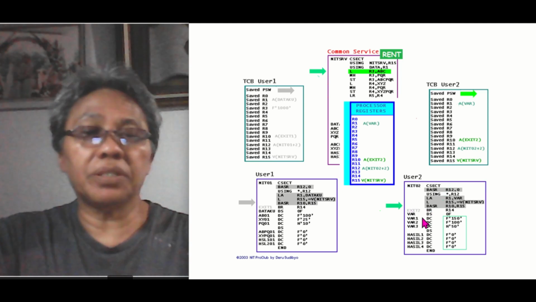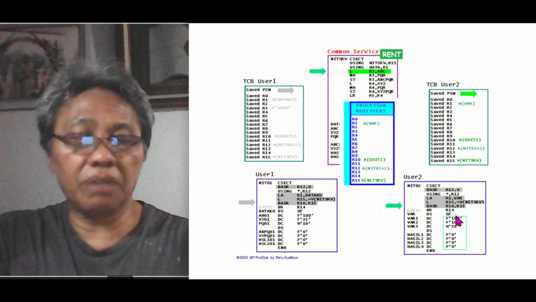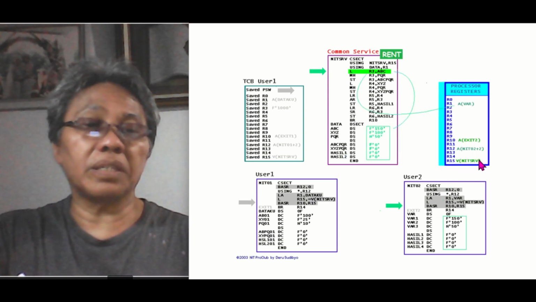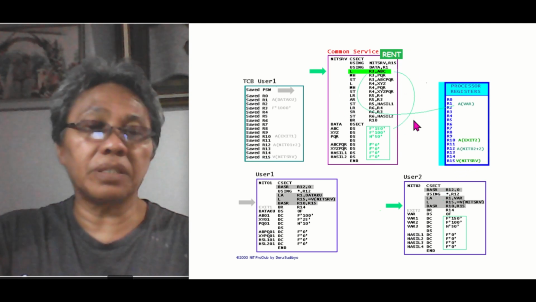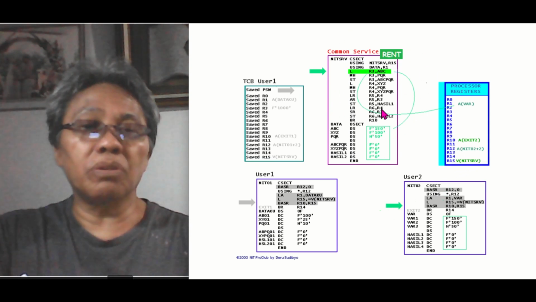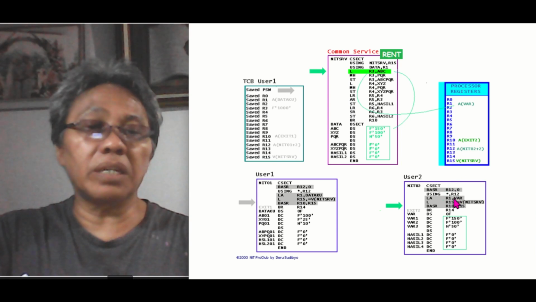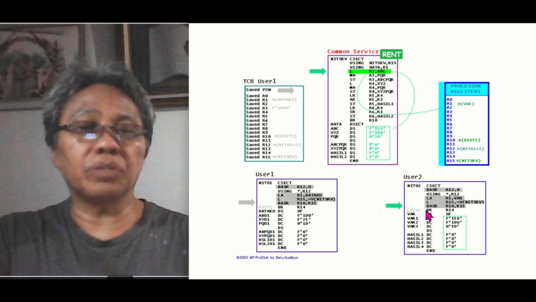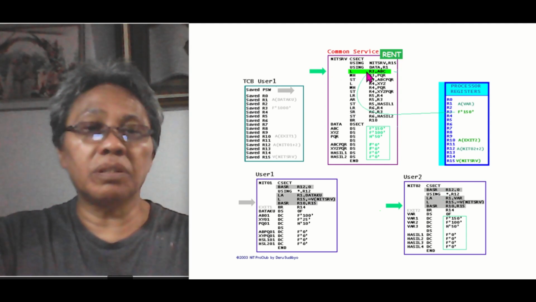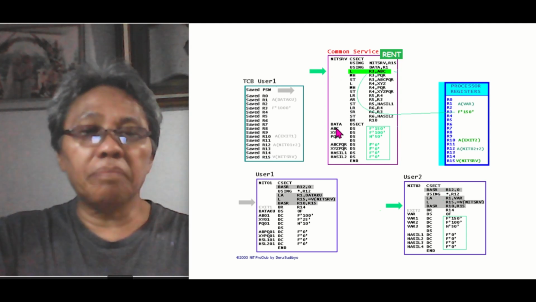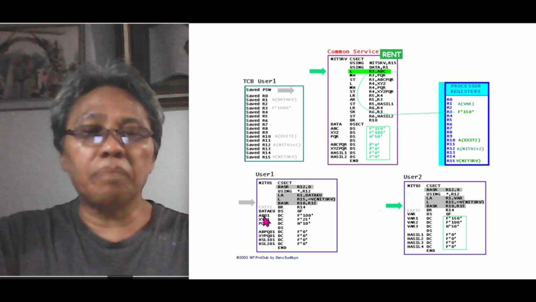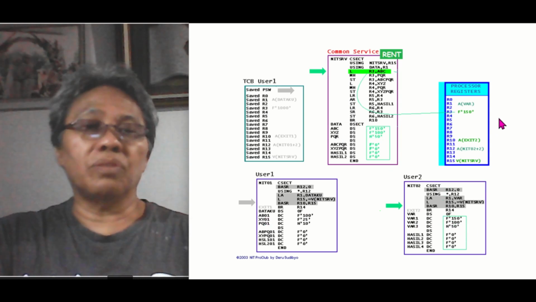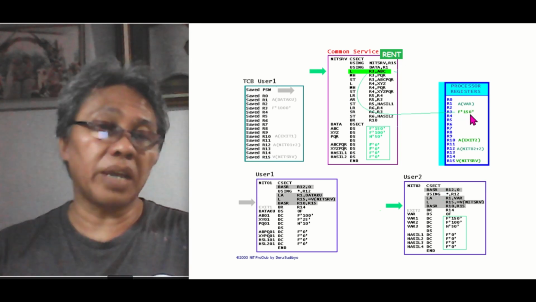Means go to here, branch and save register 10, register 15. Means as register 15 contains this module's address, control will jump to this module and register 10 will contain its next sequential instruction address, which is the address of exit 2, this one. Next is execution of load ABC into register 3. At this time, the content of ABC is not ABO1 anymore. It is WA1 here, 150. So register 3 is updated to contain this.